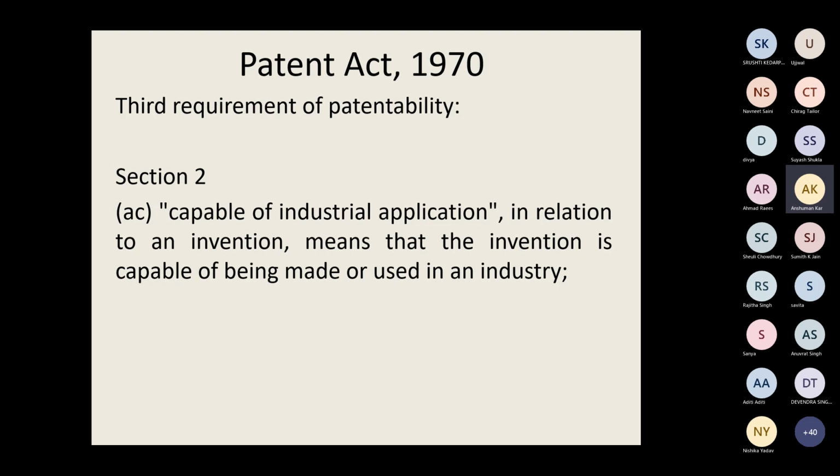I mentioned in the beginning that the invention is to be worked. It is to be manufactured. It is to be worked by the patentee. If it is not being worked, then they might take the patent back from them, or might issue a license to someone else. So that's why it should have some industrial application. Fine. It should be of use to the industry. It should not be a waste invention which is of no use, but it should be a useful one. Fine. The next slide.